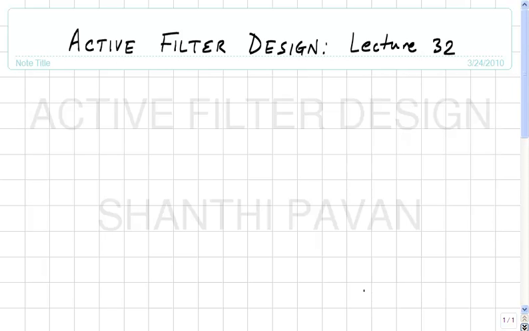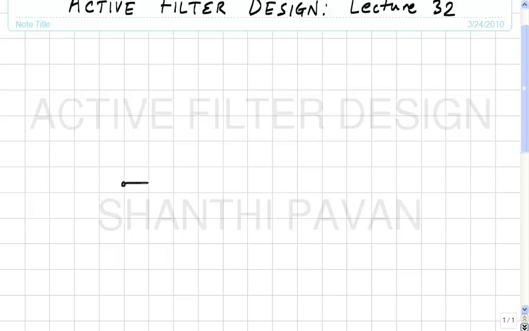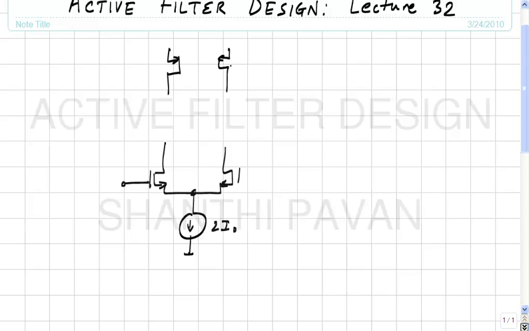Okay, this is active filter design, lecture 32. In the last class, we were discussing the differential pair and what one might do to increase the output impedance of the differential pair. And then we said the finite DC gain of the transconductor is caused by the finite output impedance of the NMOS devices and the